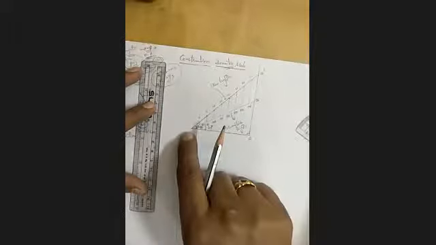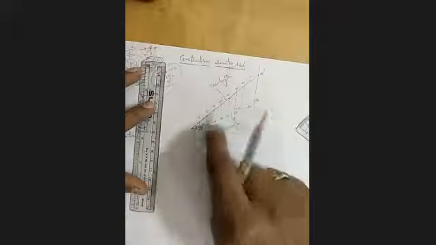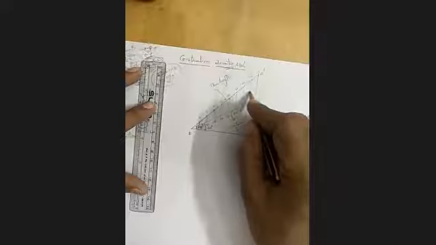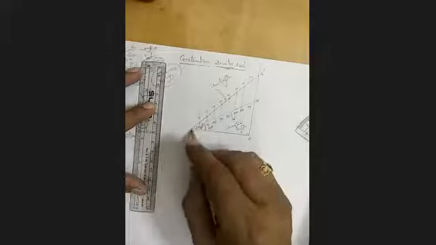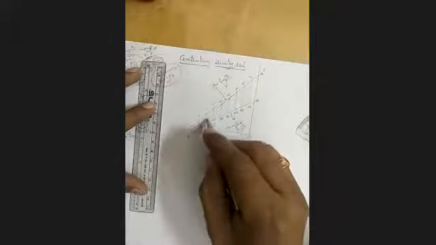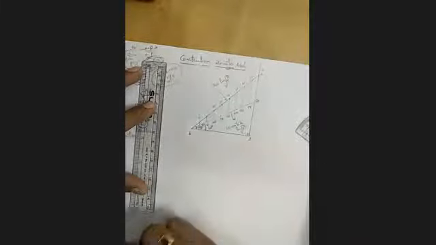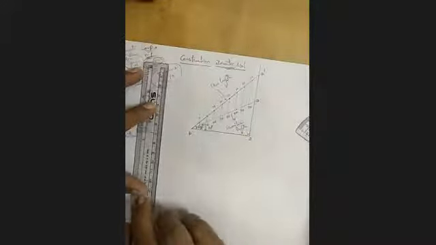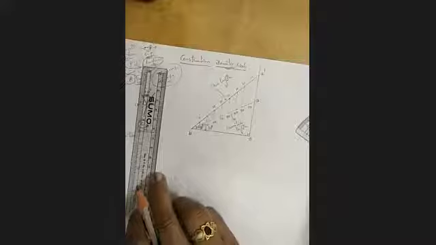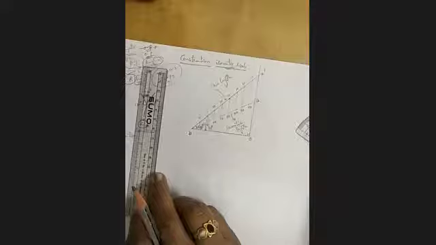I took the 30-degree line, again with B as the center. But I drew it parallel to this line, because all are parallel. If it is a true length, this is the apparent length. These all are apparent lengths. These all are true lengths. Always we know that true length is the bigger value, apparent length is the smaller value. Can you remember? Everything I am using is because I want to prove that value.